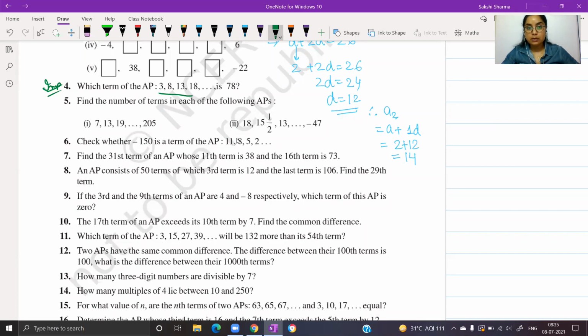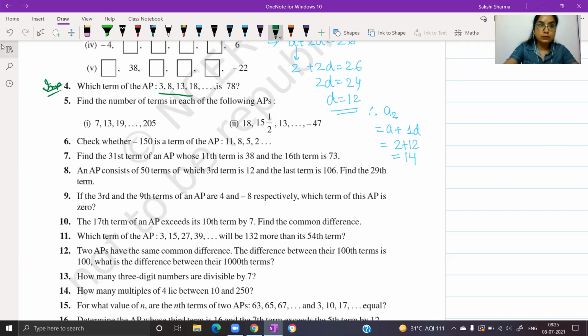All these questions from here onwards, fourth question onwards, they are actually based on the very first question of the exercise. In the first question it was given in the form of a table, in which we applied the nth term formula. There are 4 things being used: an, a, n and d. So out of the 4, if any one is missing, we can use that formula to find out the missing one, provided we are given the rest of the 3 variables. Here almost all the sums will be solved by the same formula.